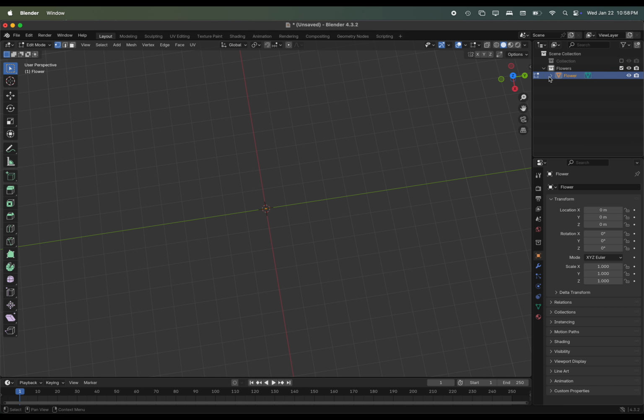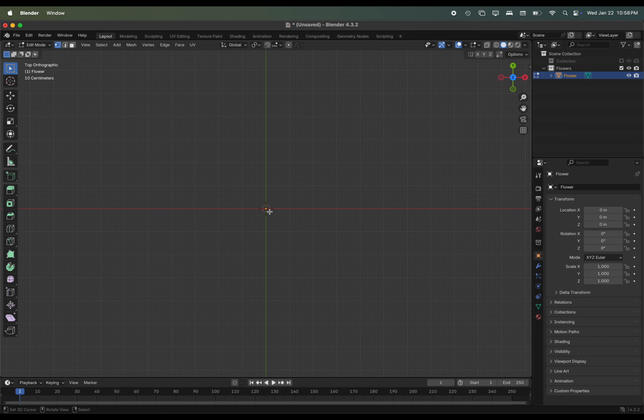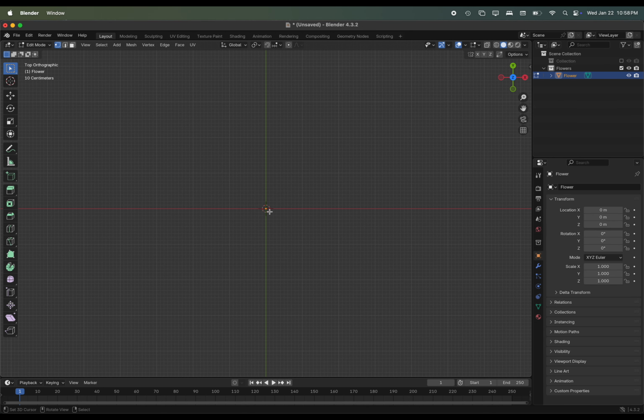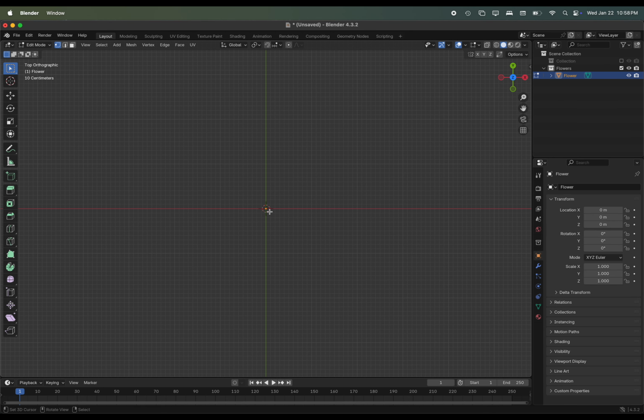Notice that the object is still in the outliner, and it still has this little origin here in the center. Now I'm going to switch over to a top view, so I can press the Z icon or 7 on the number pad. And I'm just going to zoom in a little bit more. Now I'm going to start drawing with vertices just for the left side of my flower petal to make sort of an arc. So Control, left click,